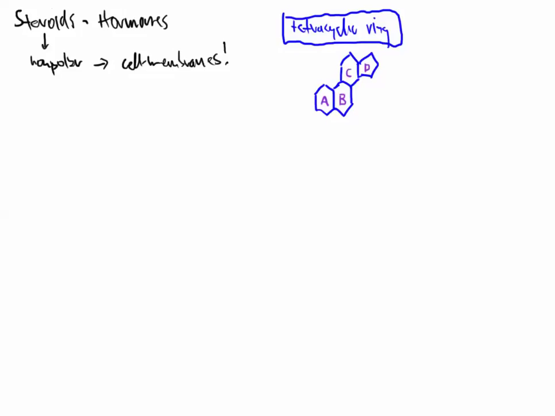And then we can also talk about the actual numbering of the carbons that make this ring system up, and that will also be a test question. So the number 1 carbon is going to start right here in ring A up at the very top, and this is number 2, number 3, number 4, number 5, number 6, number 7, number 8.